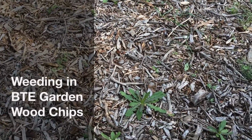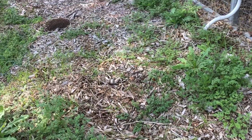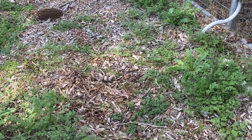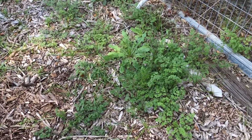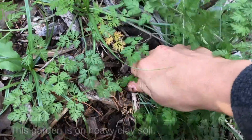Just looking around in the wood chip walkway. It is definitely a time for weeding. We've had tons of rain, and I haven't been out here as much. So one thing I wanted to show is it is really easy to pull weeds. Let's see if we can get out